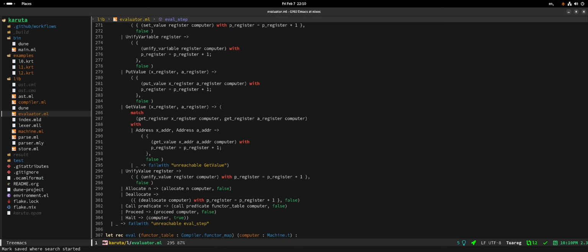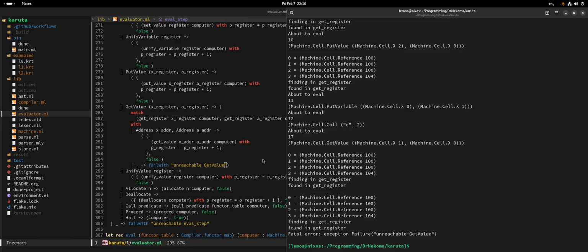Unreachable. Yeah, see, if you look at the print side by side with this, open the terminal. There we go. So we have the registers there, right? We have a bunch of references, which are logical variables. But get value expects both of the registers to contain addresses, and otherwise it fails.